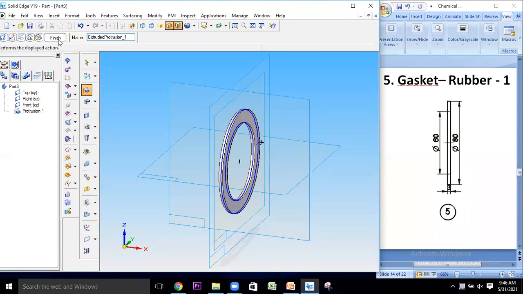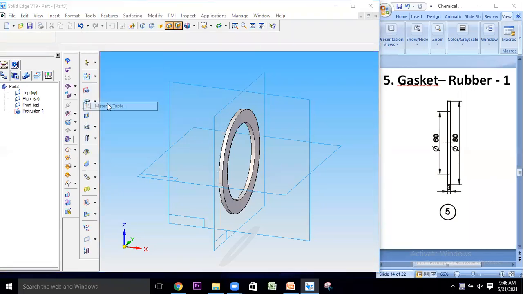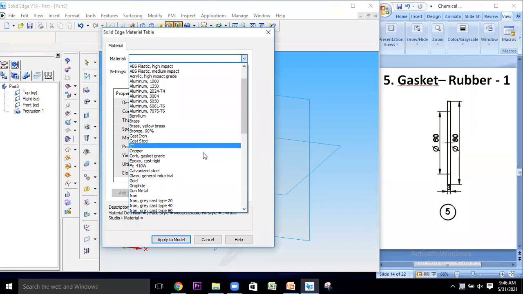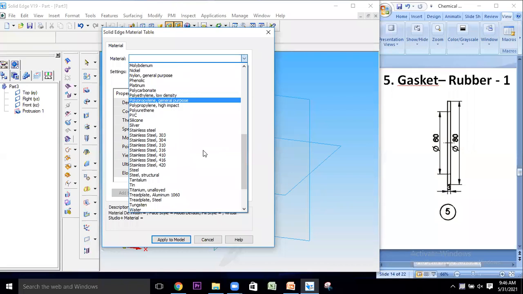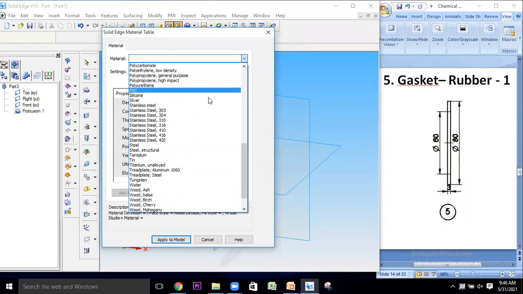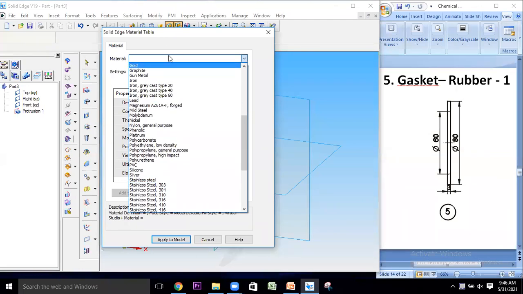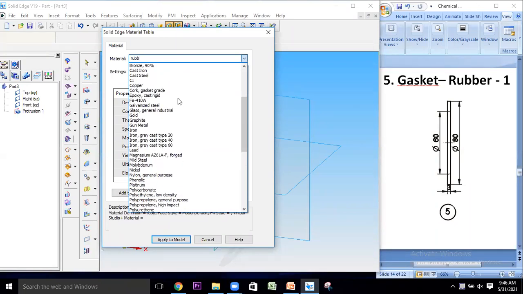Then after that, to finish it, this material has to be changed. So you can see that once I select this as rubber, okay, I haven't saved it. So when there is